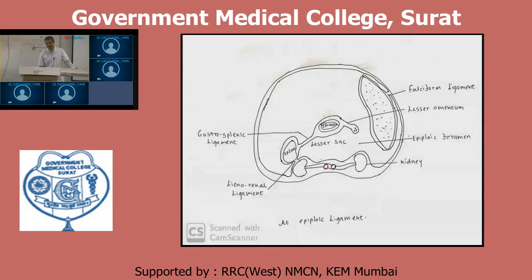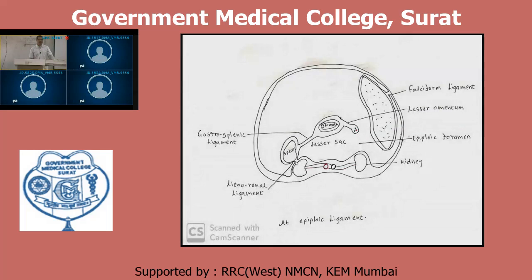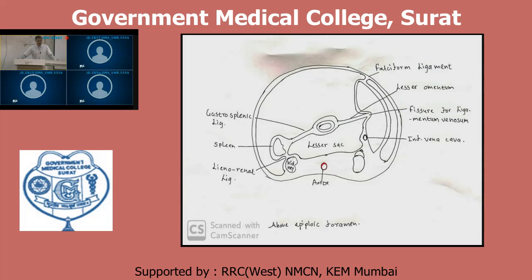Now, above epiploic foramen, this is important because this lesser sac extends above this epiploic foramen. Therefore, above the level of epiploic foramen, what happens in relation with this lesser sac? Lesser sac will extend towards liver. Why? Because which structure lies there? Above there is liver. From here, it gets reflected. Now you can see, in relation with this is lesser sac, it will completely cover this.